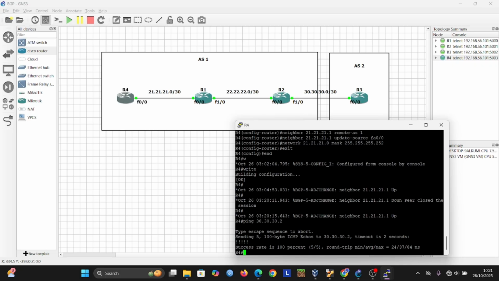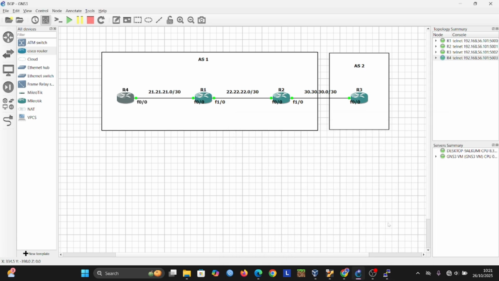Okay, this is a success, I guess. Success rate is 100 percent. Okay, and maybe that is it for me. This is the BGP configuration of CCNP.